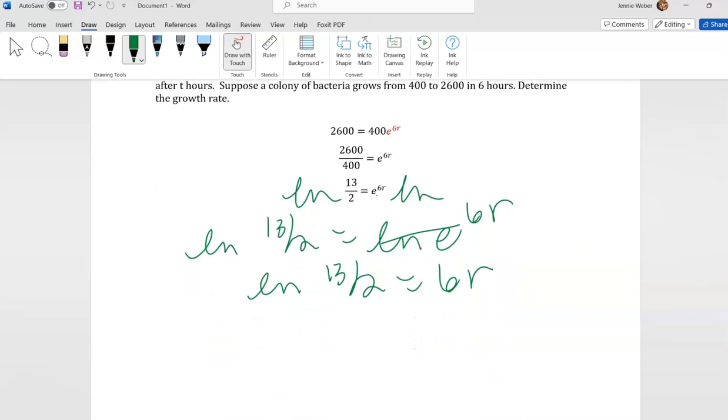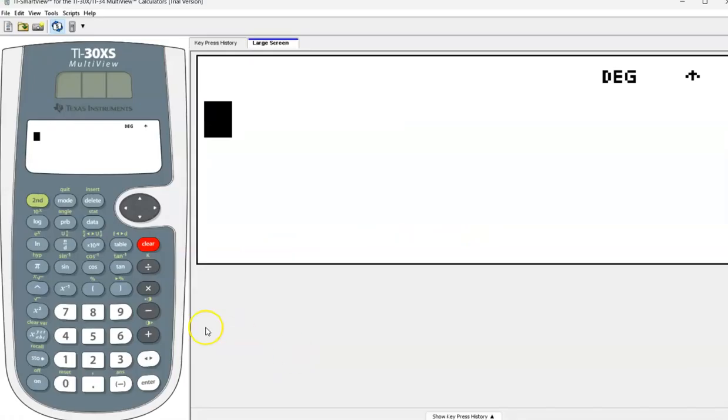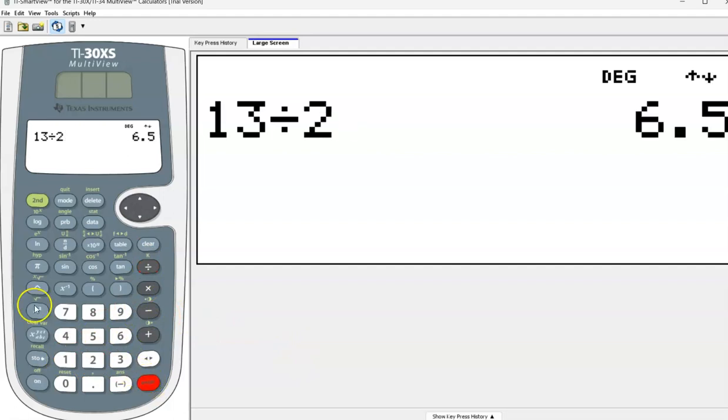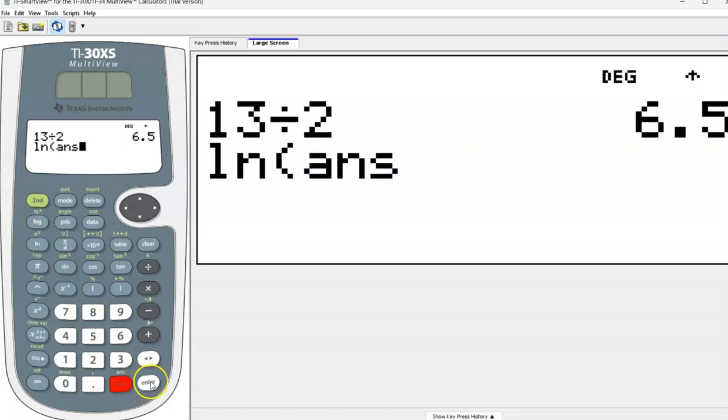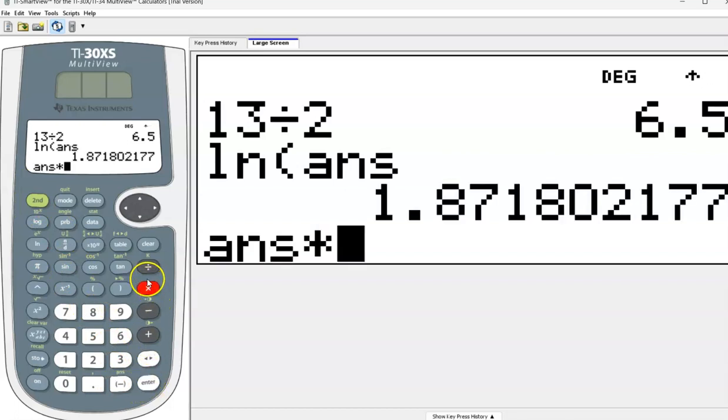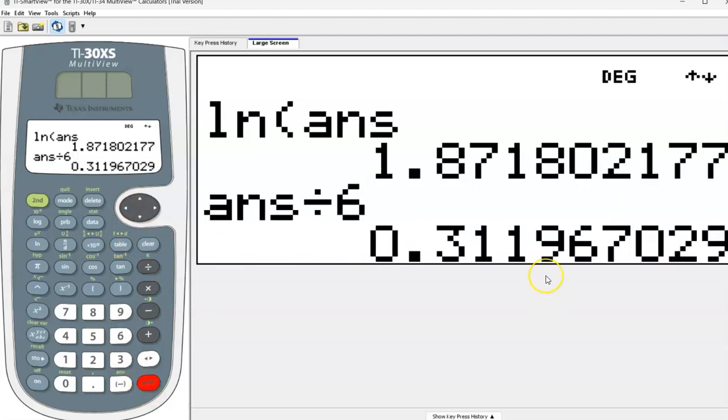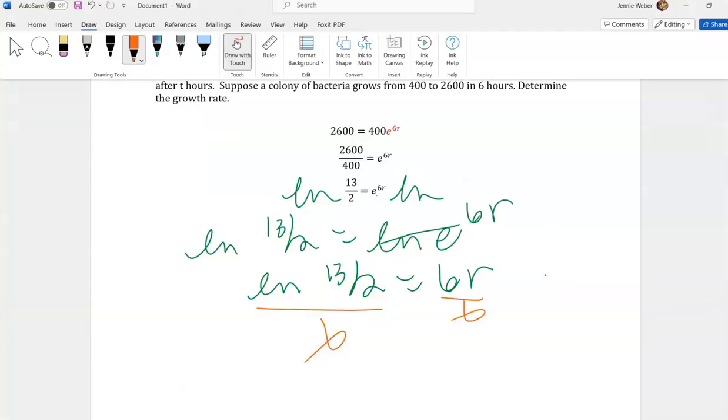Now this is an equation we all know how to solve, right? We just divide by 6. So now I'm going to get my calculator out. I need to do 13 and a half, take the ln of that, and then divide by 6. So then my answer is 0.311,